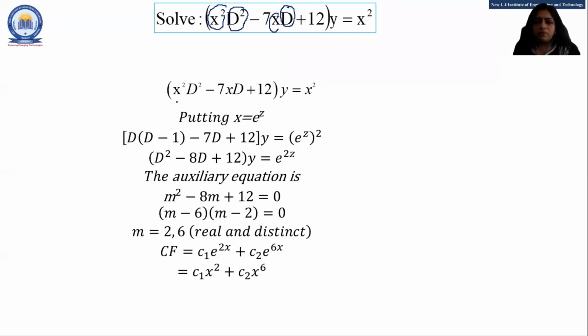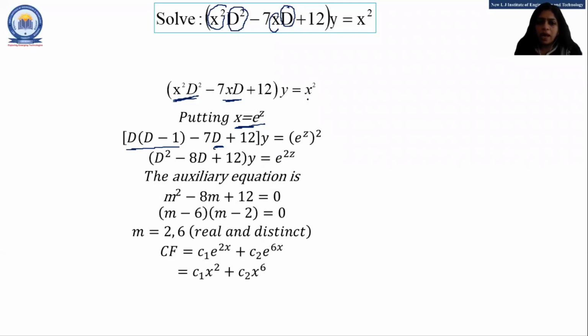Here, this is our given equation: (x square D square minus 7xD plus 12) y is equal to x square. Now, for the solution of these, first step is what? X is equal to e raised to z, right? ये वाला हमारा first step रहेगा. Then next step is x square D square is what? X square D square is D(D minus 1). For every example, students, you have to just substitute x square D square as D(D minus 1). For the xD, you have to put just D. Constant term keep as it is into y is equal to.